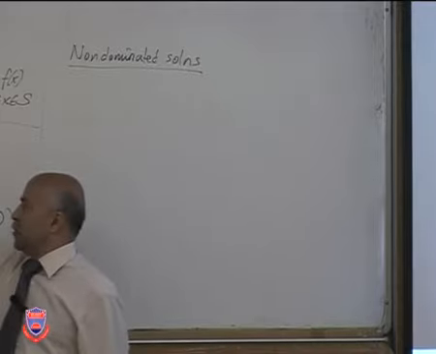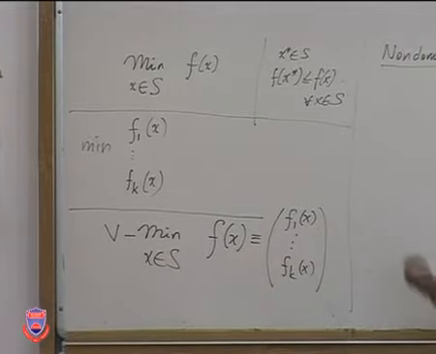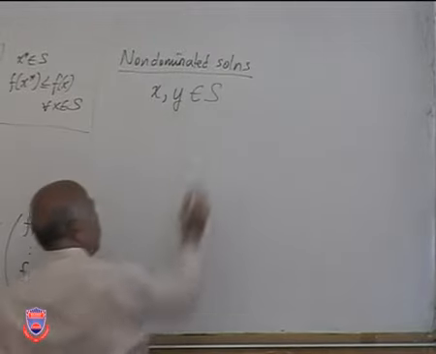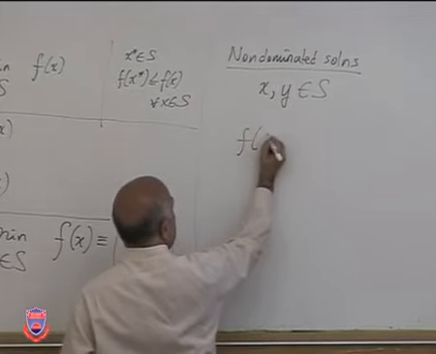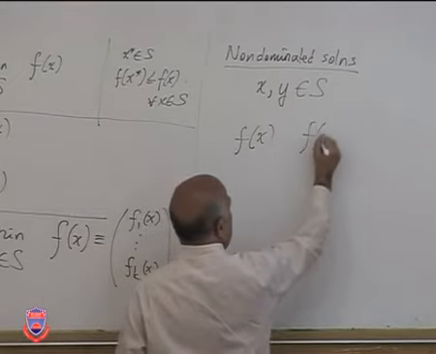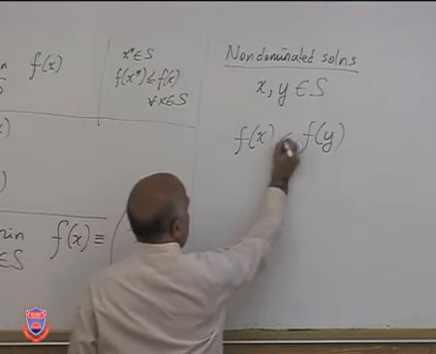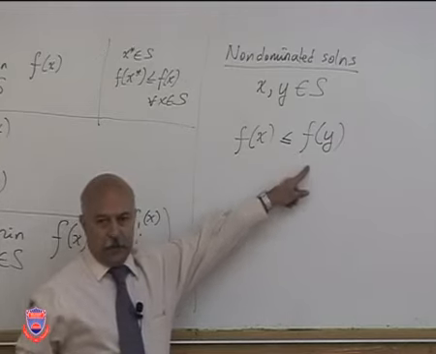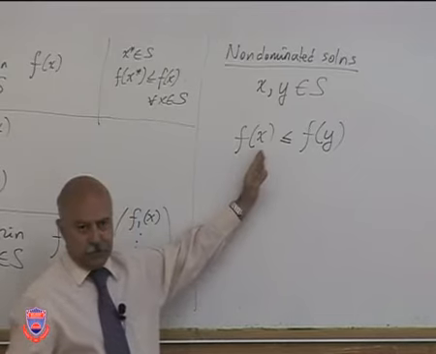Now, assuming that each is a minimizing type of objective function, if you have 2 points, say x and y, both possible solutions, and you evaluate f, which is a vector, at x as well as at y, and it turns out that this vector is less than or equal to the other vector in each component. Since you're trying to minimize everything, obviously this is doing something good.